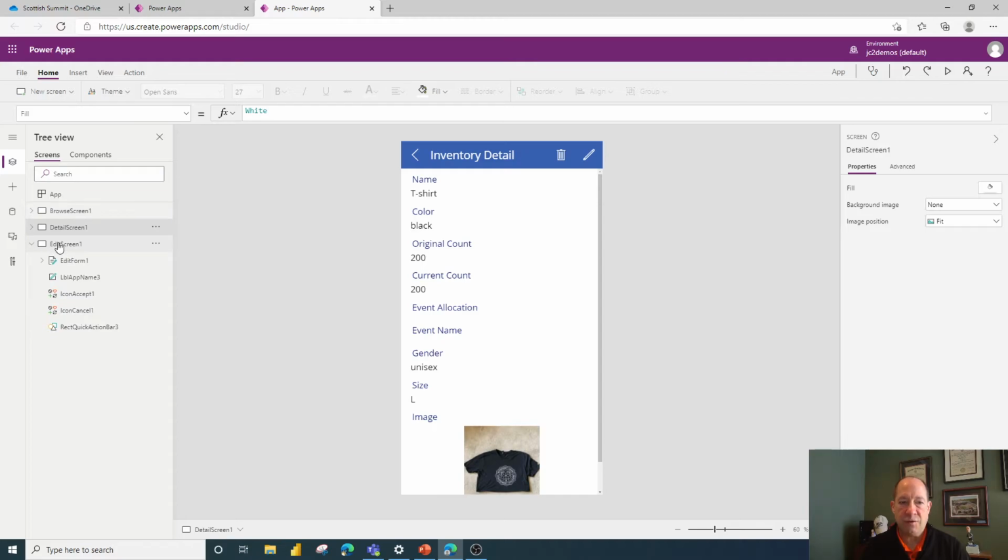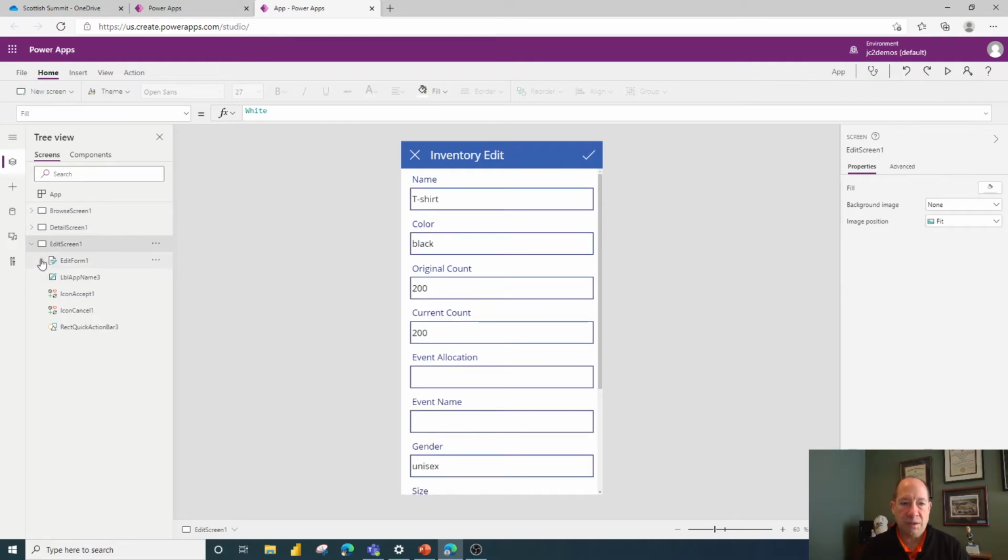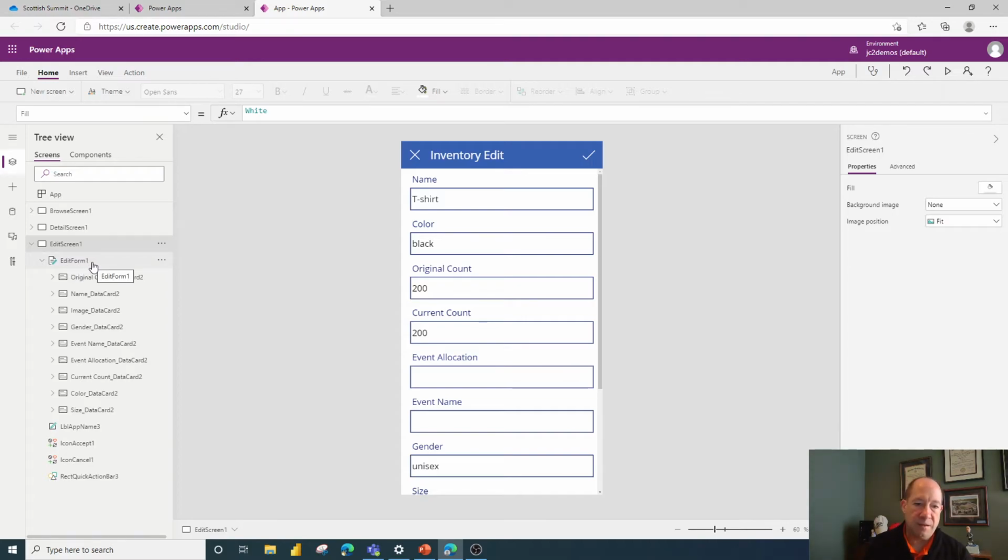We're going to need to get into our edit screen, and I'm going to open the edit form 1 up, and this is where it is helpful to name some things, but we'll figure this out. And so what we want to do is look at original count, current count, and event allocation. And the math is going to be in this current count. It's going to be original count less